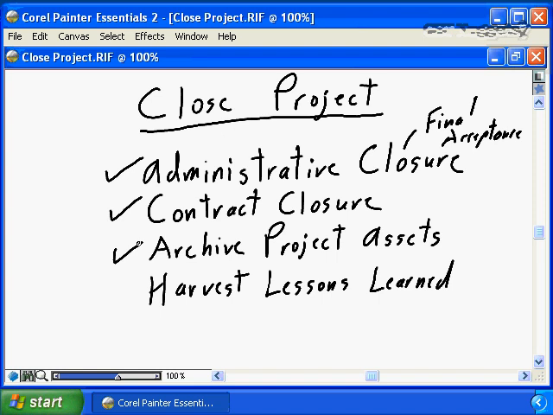The two components to closing a project that unfortunately often never get properly addressed are probably the two most important components. The first of these is archiving of the project assets. Your project has produced a lot of materials, a lot of working papers, a lot of interim documentation. A lot of work has been done into producing the final product and getting the final acceptance, and that work all resulted in project artifacts, project assets. As part of proper project closure, these artifacts, these assets should be archived, put into some kind of, I'm going to use the word permanent storage, that is going to allow future projects,